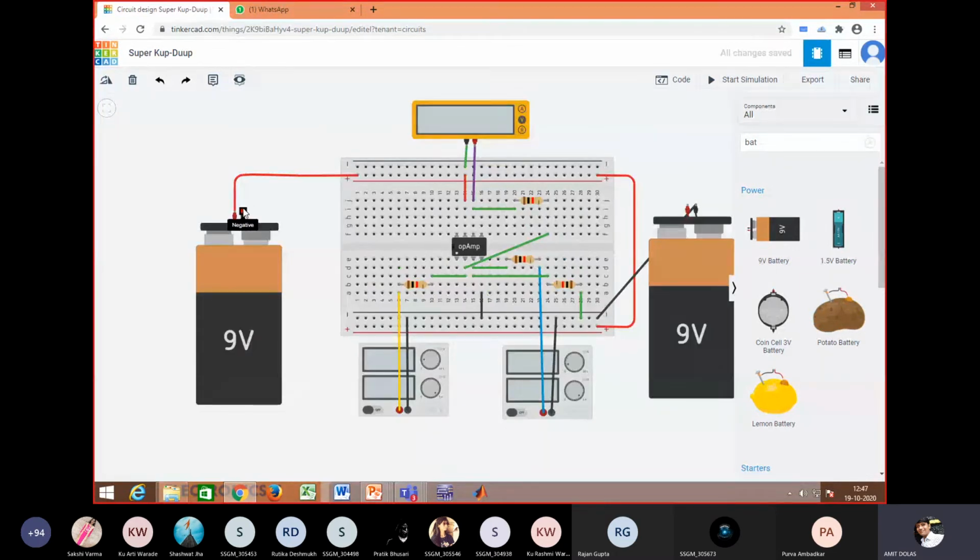What about this remaining? So you may bring this negative terminal of this IC somewhere on the breadboard where you are getting a vacant point. Suppose I say this is a vacant point, this one, and the positive of this we have to bring there. Here, so you can see the positive of one battery and the negative of another battery are connected together, and that is treated as a ground.